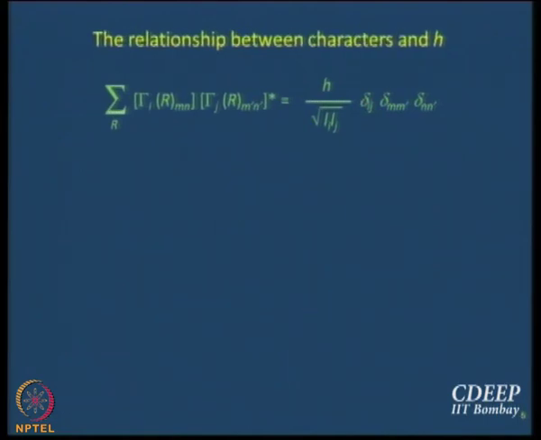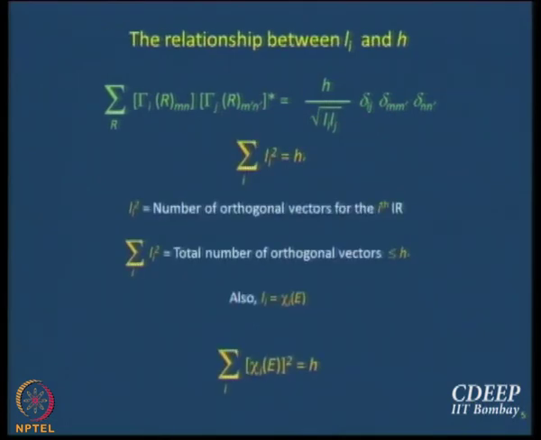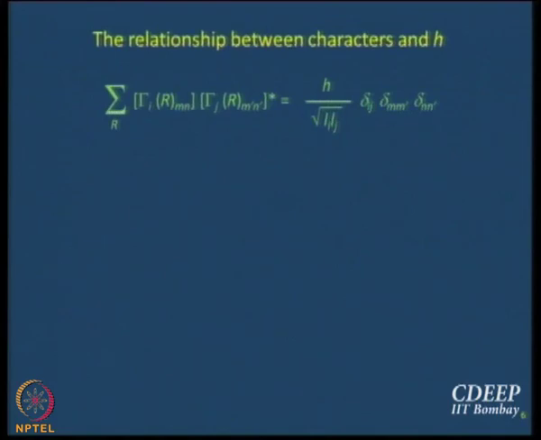Now we want to see what is the relationship between the characters of all the symmetry operations and order. We already know one, at the bottom. What about the others? You start from here. If you want to work with characters, then will you agree with me that m has to be equal to n? Similarly, m dash has to be equal to n dash. What is the advantage of that? The advantage is that I don't have to worry about n's anymore. I don't have to worry about that Kronecker delta at all, so I have lost one Kronecker delta.